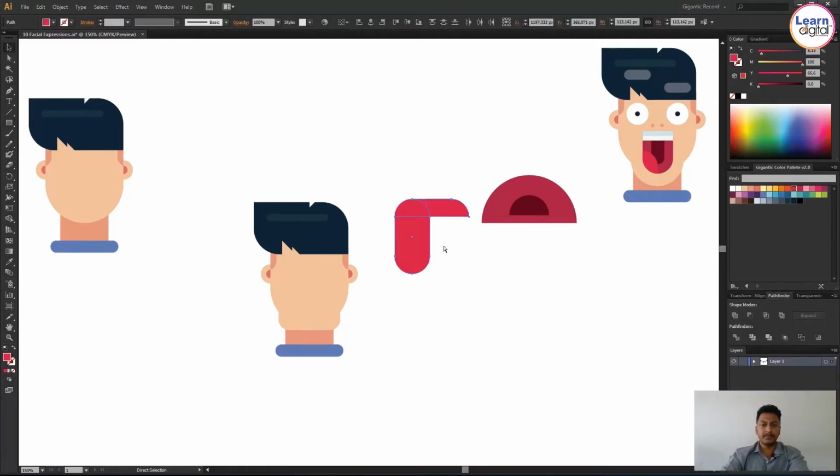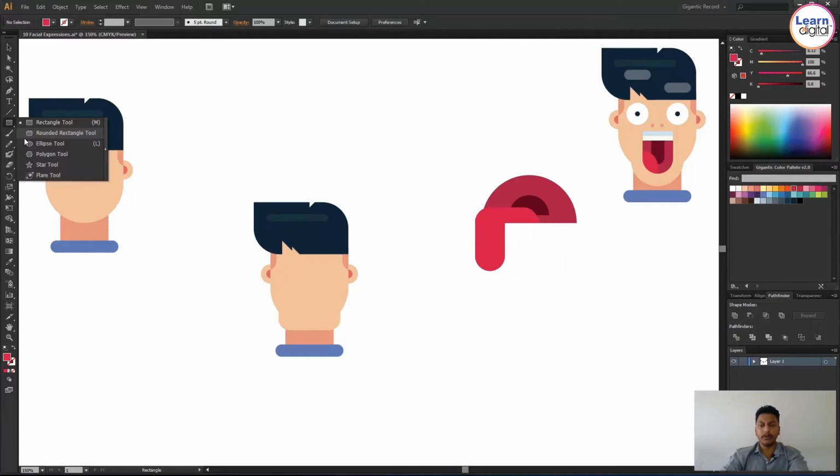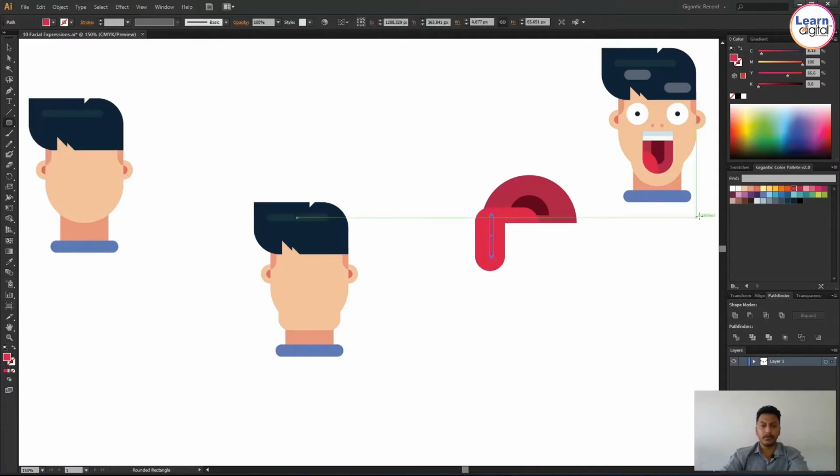To create shapes, instead of the pen tool you can use Pathfinder. You can use Shape Builder. In the same way, if you don't want to use Pathfinder and Shape Builder, you can create the shapes with the help of the pen tool also. It's up to you. Whatever tool you are using, you can explore more.